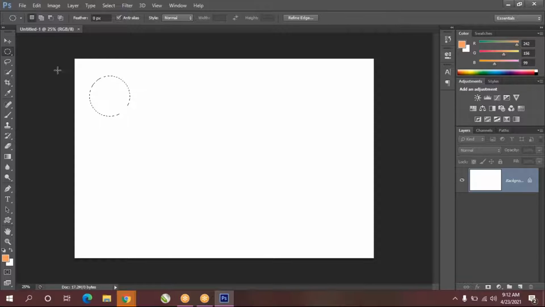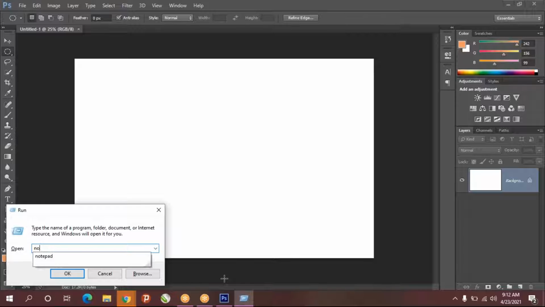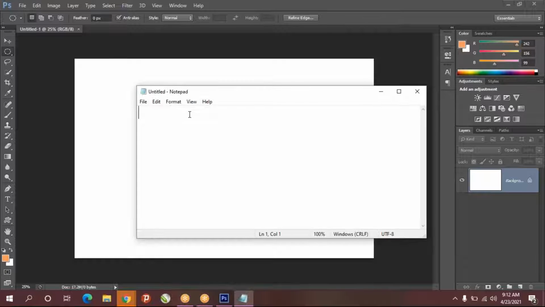Now I'll fill color in this. For filling color, we have a shortcut called Alt plus backspace for foreground color.